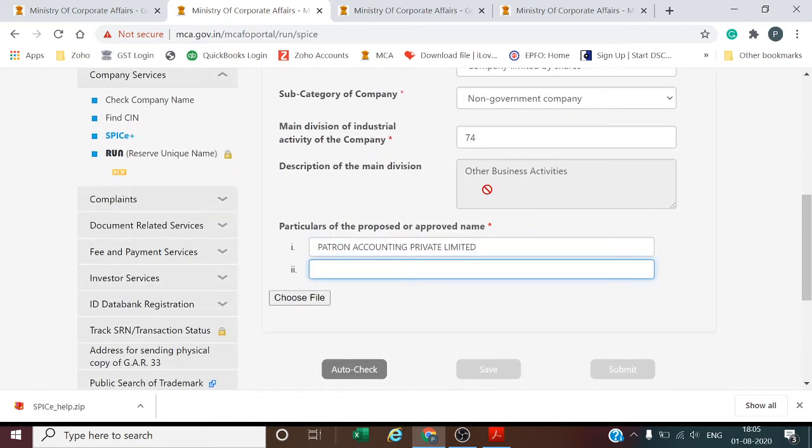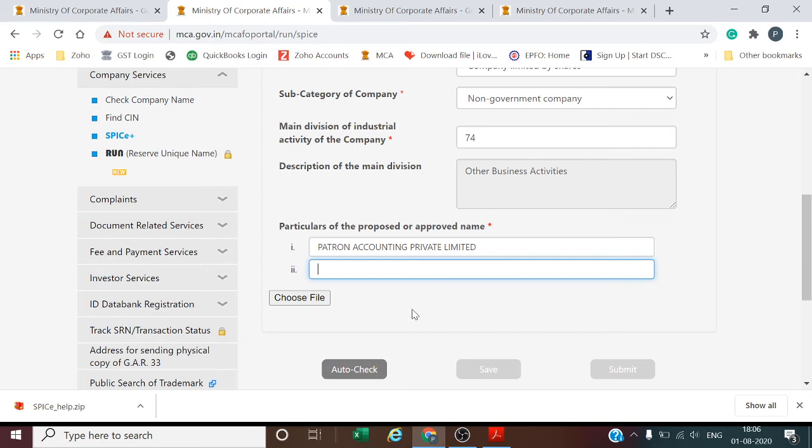Now, the fifth point that you have to keep in mind is the object of the company. Attaching the object of the company is now not mandatory. It was mandatory in the previous forms. But in case you provide the object as 74 other business activities, please always write your object, or the activity that the company is going to undertake, in a Word file, convert it into a PDF, and then attach the file here. Otherwise, there is a 99% chance that the name will come in resubmission with the query that the object of the company is not defined.